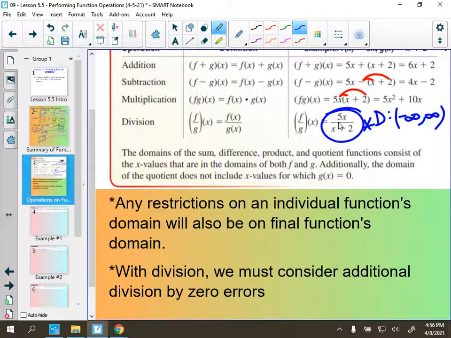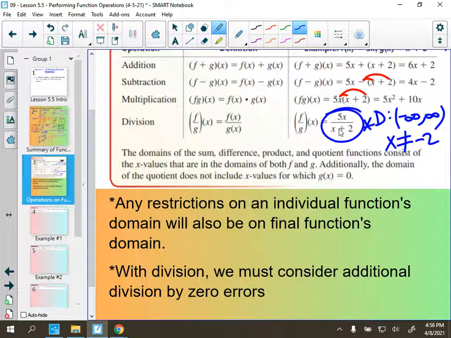So 0 is okay to plug in here. If I plugged in a 0, 5 times 0 is 0, 0 plus 2 is 2, and 0 over 2 is 0. The number that's going to rule us out here, that's going to make an undoable situation, is